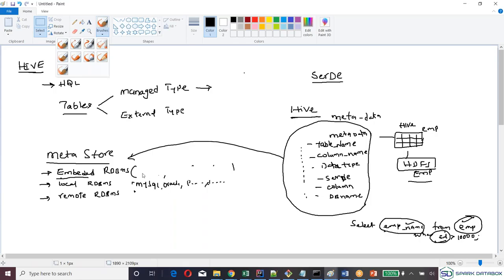There is something called Apache DB Derby. It's an Apache database. For others, you can use MySQL, Oracle, Postgres or whatever different databases. So this metadata information we will store in one of the RDBMS tables or RDBMS system.